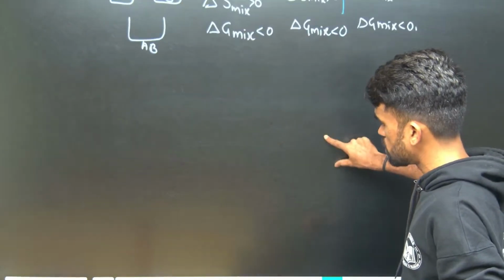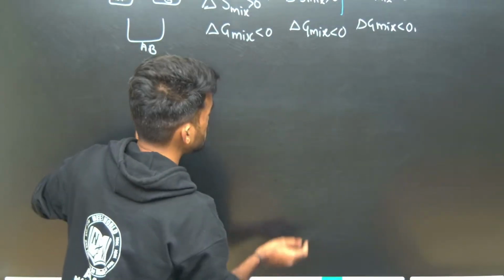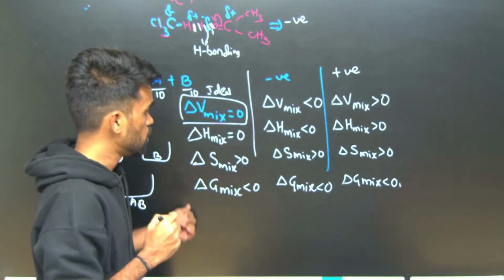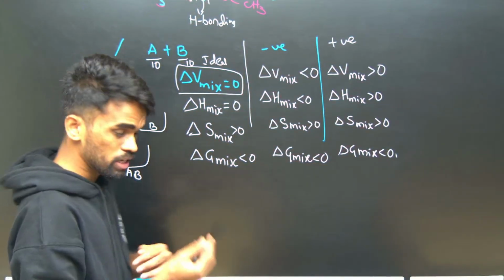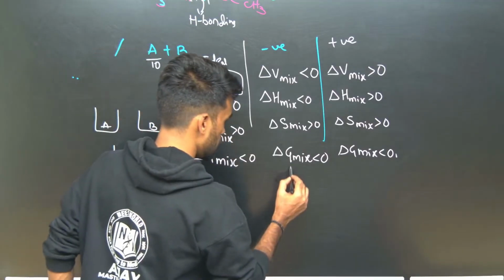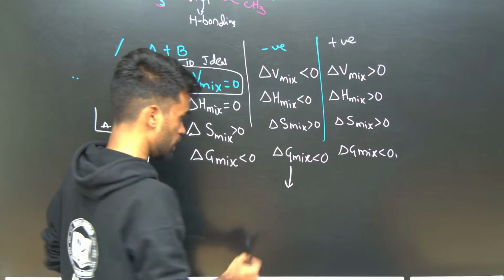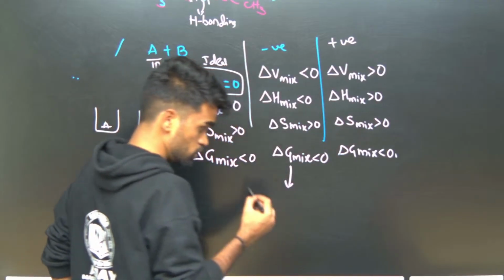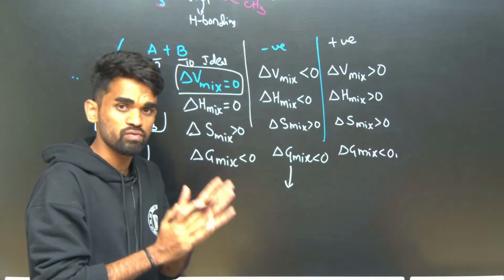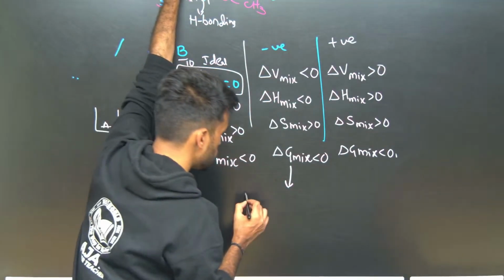you need to know about one more point. These negatively deviating non-ideal solutions, when they undergo deviation, those solutions which undergo this negative deviation may form azeotropic mixtures. Okay, so what they form? Azeotropic mixture. Both can form, positive deviation and negative deviation, both can form azeotropic mixture, but negatively deviated solution forms